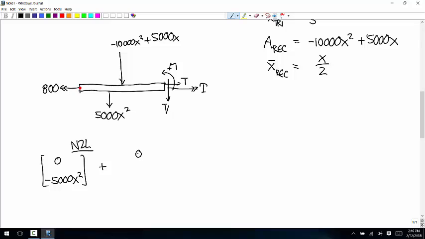And it's acting in the negative y direction. I think the easiest way to think about that is you have a magnitude and a unit vector that you're multiplying together. The unit vector is 0, negative 1. The magnitude is this thing. So now we're going to have a y component that's the opposite of this. That's what happens when you multiply that value by that unit vector. So that gives us a y component of positive 10,000 x squared minus 5,000 x